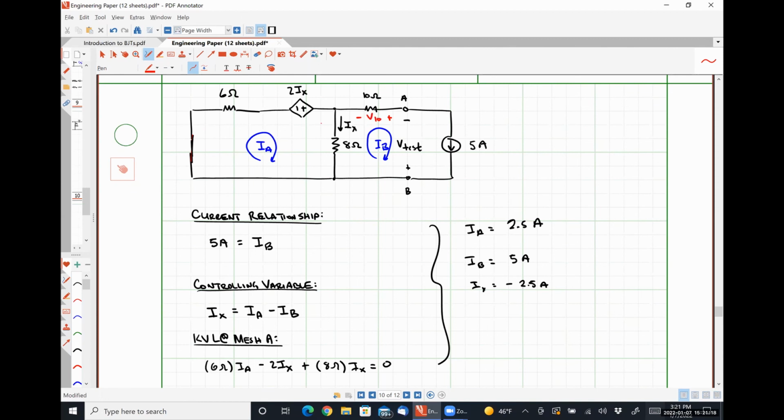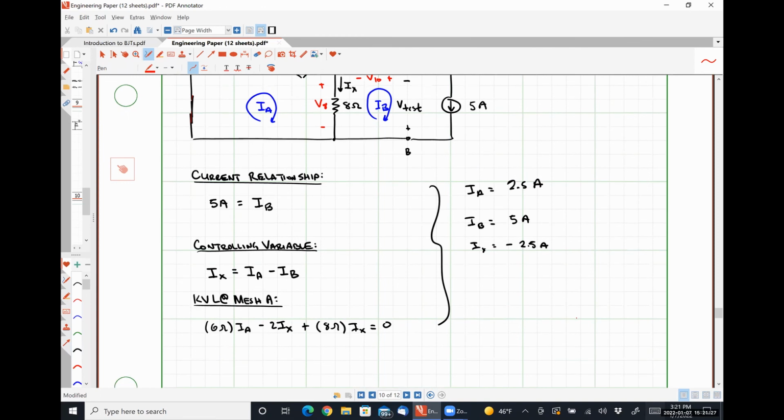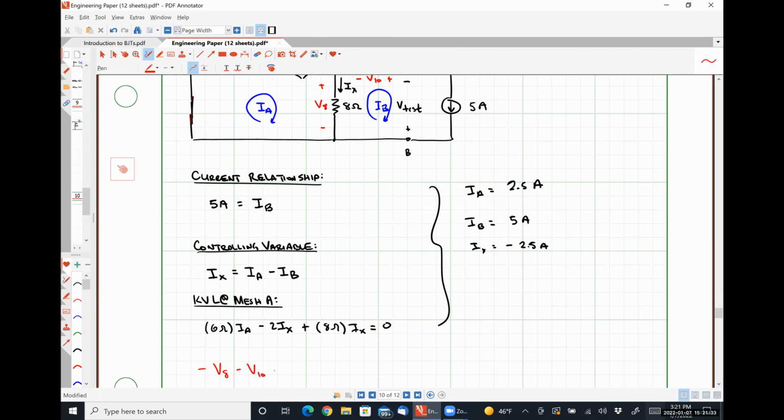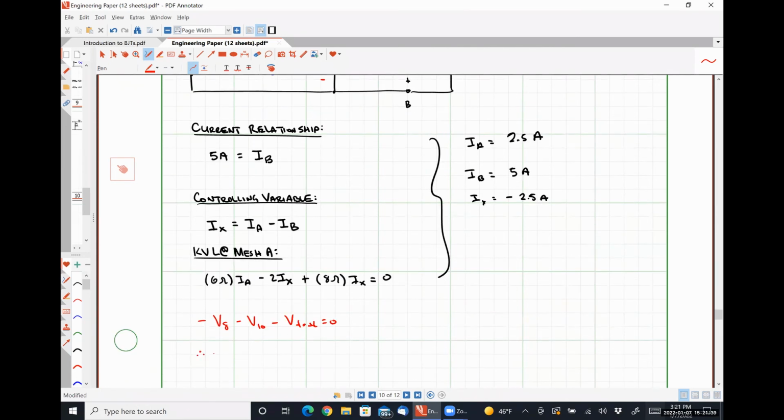So that's V10, and that's V8. And so if we did KVL around that loop, we'd have negative V8 minus V10 minus V test is equal to 0, which we can rearrange to find V test is equal to